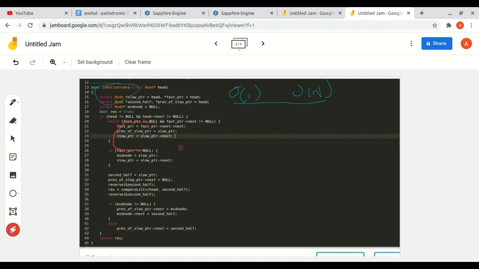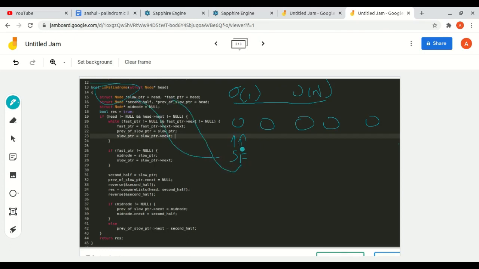This while loop inside the if calculates our mid element, the mid element which we are going to find. So let's take a linked list of some nodes, and in this loop we are going to take two pointers, S and F. S stands for slow, and F stands for fast.